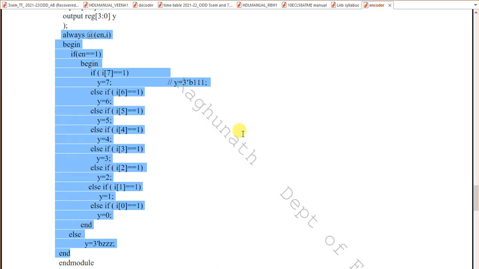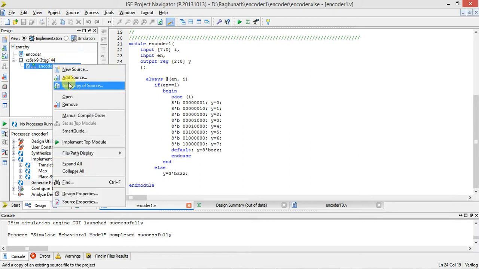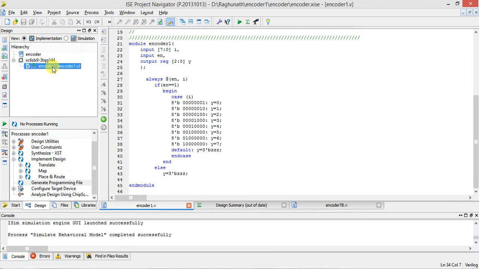Now, if you want, you can create a new file with priority. If you want, you can create a new project and retype.